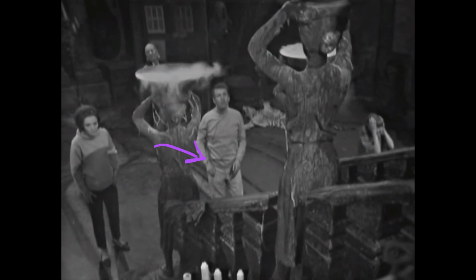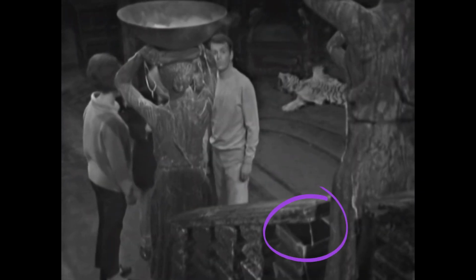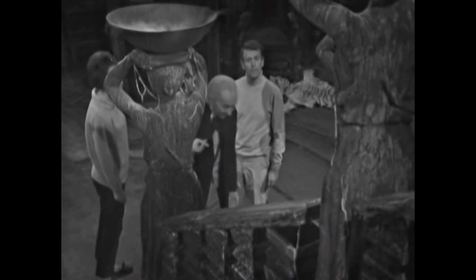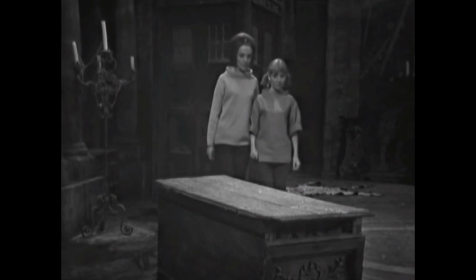Now it's not for me to say whether this bat was meant to land on the staircase banisters, so maybe this isn't a mistake, but I would suggest we're not supposed to see the string on which the bat was suspended. And whilst we're on this shot, you can see that the top of this stair rod is missing, revealing their hollow nature. In this shot we just glimpse the shadow of a boom mic, which is quite subtle, but